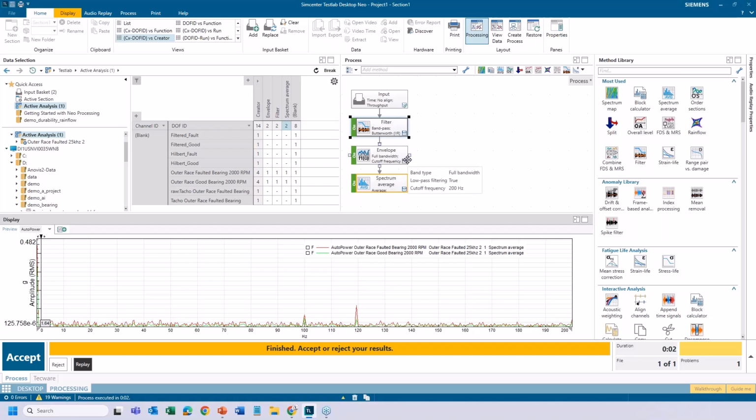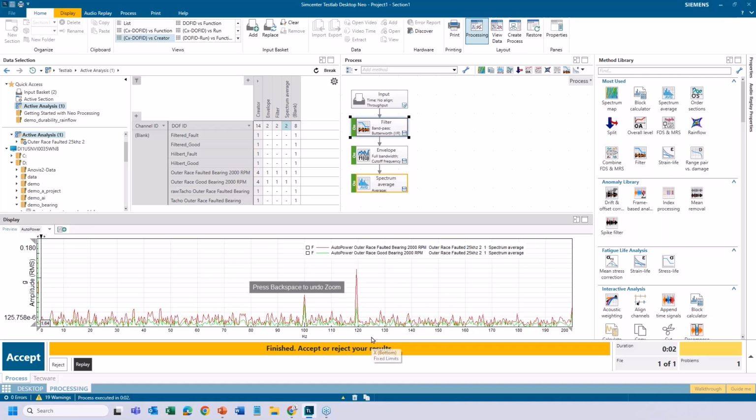Then it was enveloped, and then we have the FFT of the envelope. And notice we have one with the fault and one without the fault. Earlier, when we did this FFT, we could hardly see a difference between them at 120 hertz. But how about now? Can you see a difference between the faulted bearing and the good bearing? Definitely see that the red one's worse.